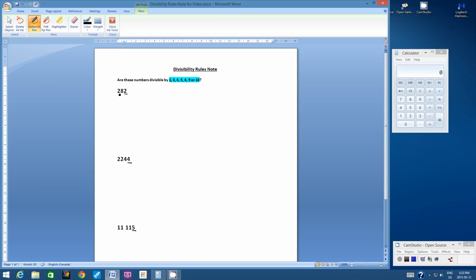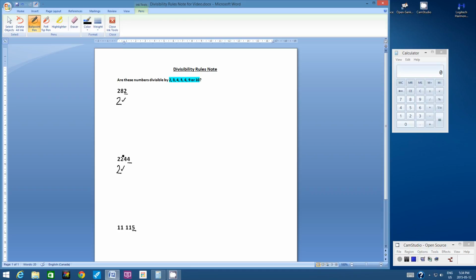If I look at the ones column in the number 282, I see that the number in the ones column is 2. Is 2 divisible by 2? Yes, it is. So I know that this number is divisible by 2. I'm going to put a little check mark here. Let's look at the next example, 2,244. The number in the ones column is a 4. Is 4 divisible by 2? In other words, is 4 an even number? Yes, it is. So I know that 2